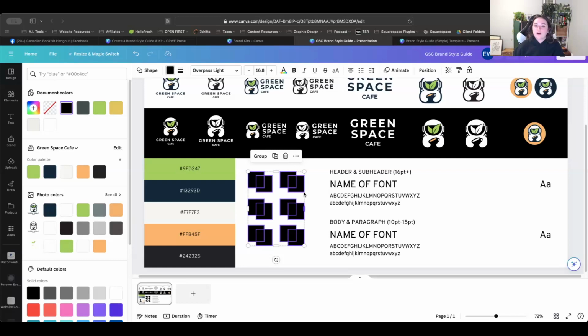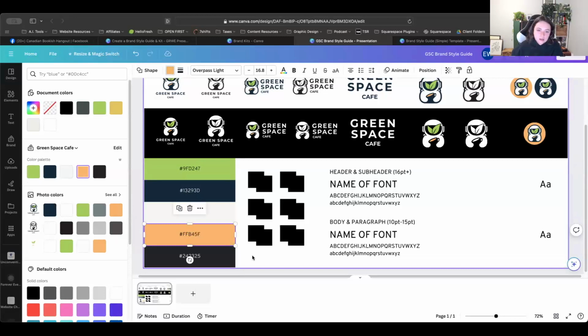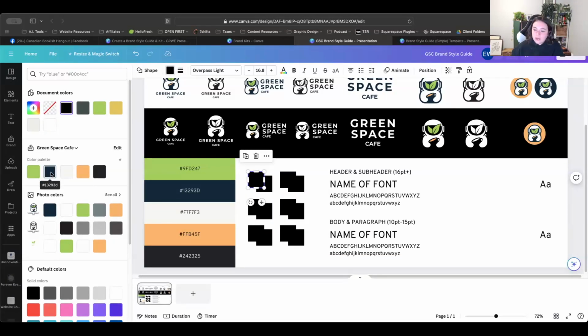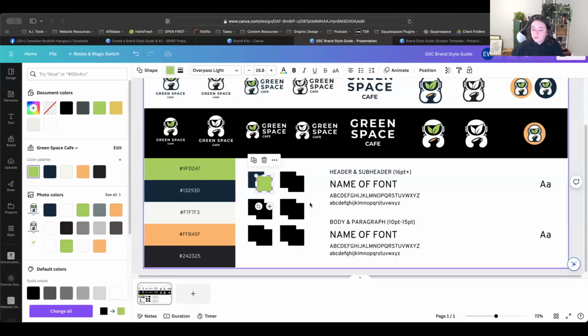It's a really good reference to remember, okay, I can't pair this green with this cream color. There's not enough contrast. It's not going to work. So a quick little visual reminder is really helpful. So I can pair, and I've already planned these out. So I'm going off of my reference, but there are a lot of really good platforms to help you figure